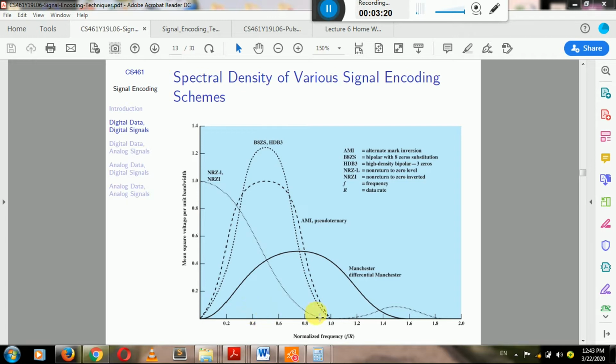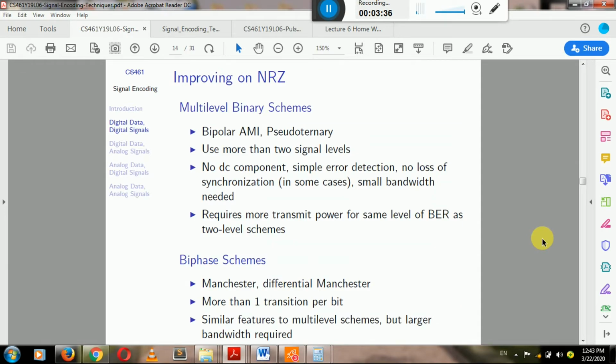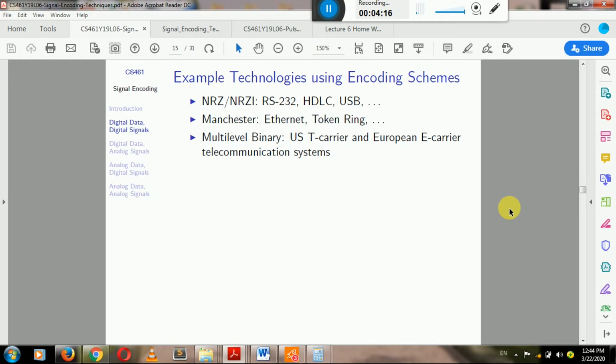This is the frequency plot for the different encoding schemes. By this diagram we can compare the different encoding schemes. Bipolar AMI and zero ternary are called multi-level binary schemes because they have three levels: positive, zero and negative. And we have biphase schemes, Manchester and differential Manchester, which have more transitions per bit, and they are multi-level schemes but larger bandwidth is required. Here we require only small bandwidth. So this is some comparison between the different encoding schemes. There are different technologies using these encoding schemes,